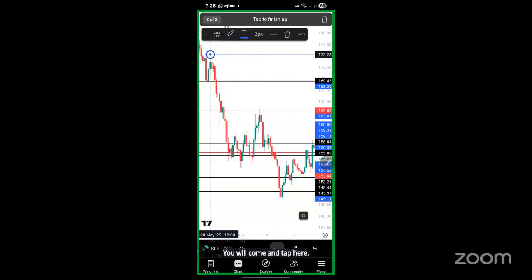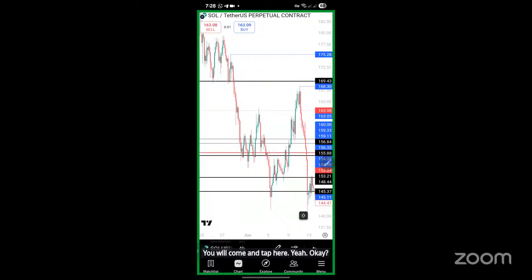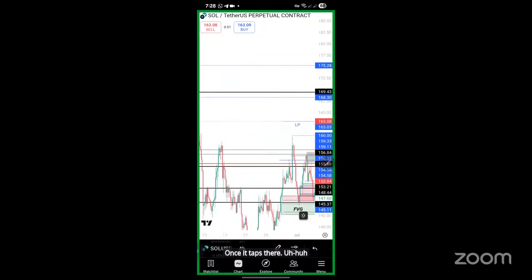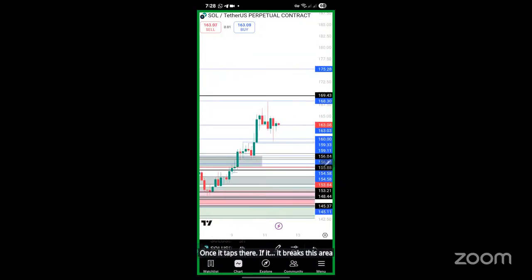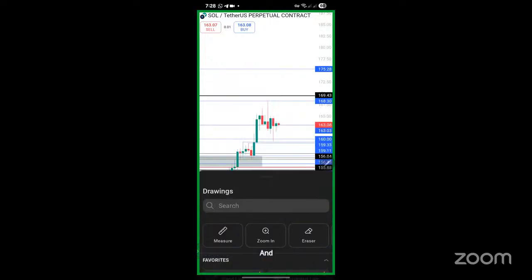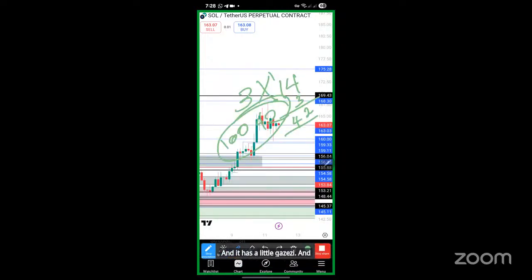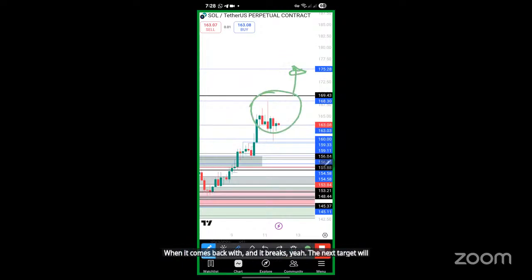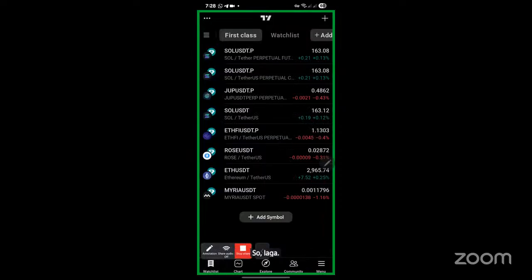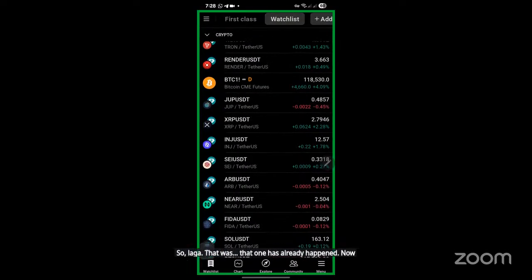Once it taps there, if it breaks this area, if it comes back with a rate of lugezigezi and it breaks this point here, the next target would be this one. So that one has already happened. Now, the injective one,